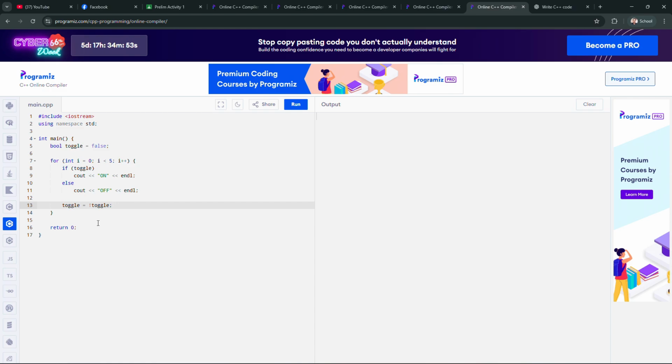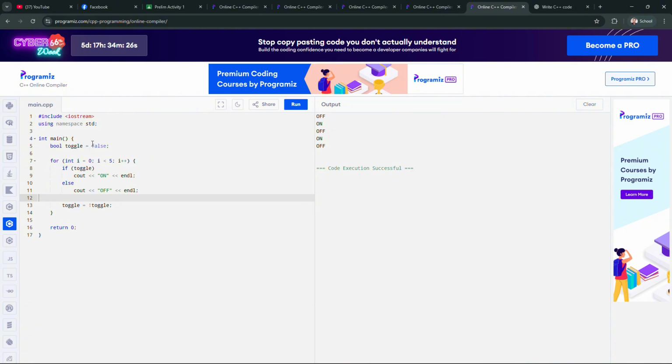Basically, this will flip the current value of the variable toggle. For example, this is false, and then it will change to true. And then this is the output. So it is off, on, off, on, off. So this is how it works.